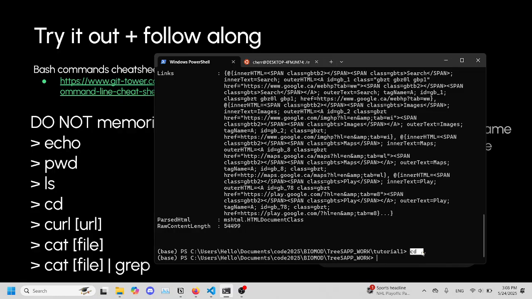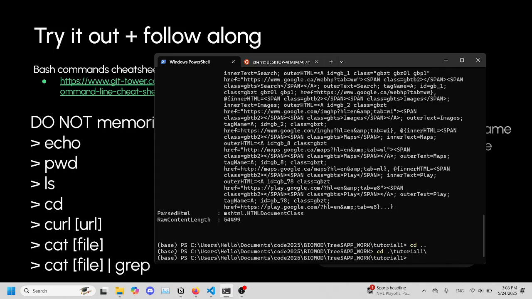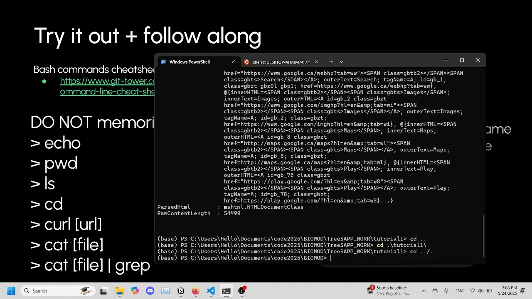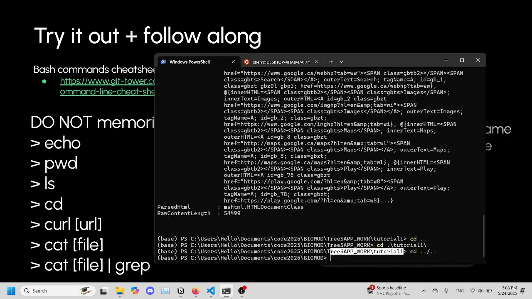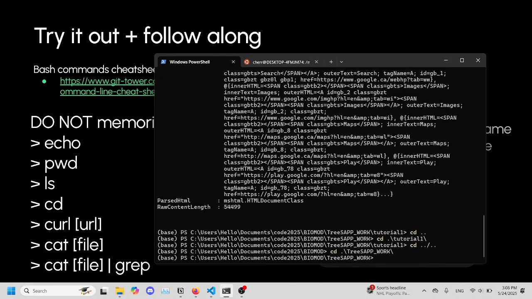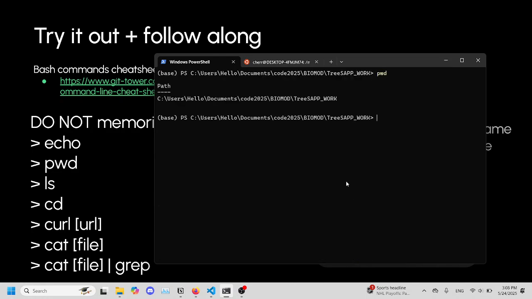So if I type in cd dot dot, it allows me to go to the previous folder, like the parent folder. There's more explanation to this, but just know cd dot dot goes up. And if I wanted to go back in tutorial 1, and I did cd dot dot slash dot dot, I actually skipped 2 folders. So if you want to skip multiple folders, you're going to have to do multiple dot dot slashes. Now let's go back into the TreeSAPP folder,